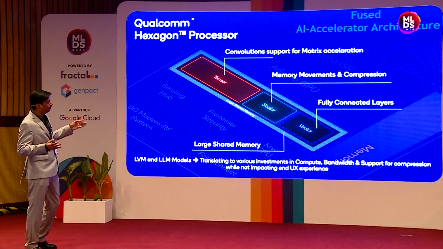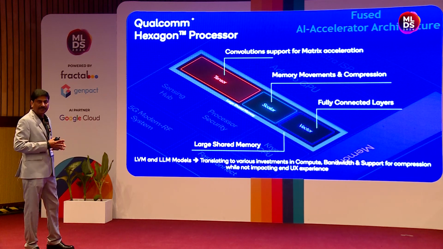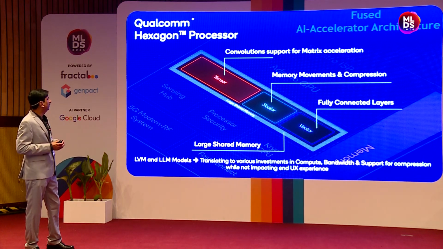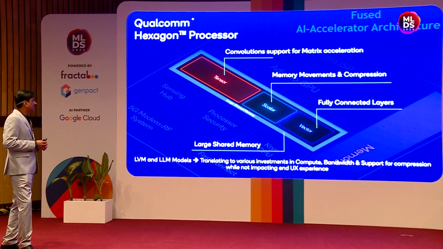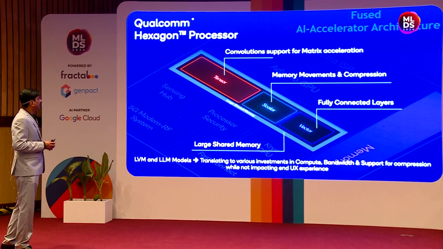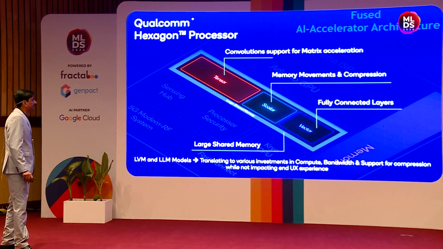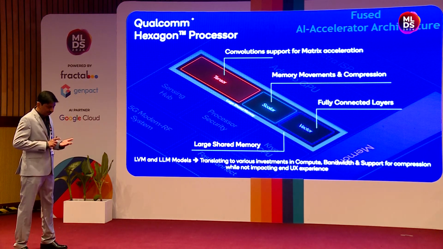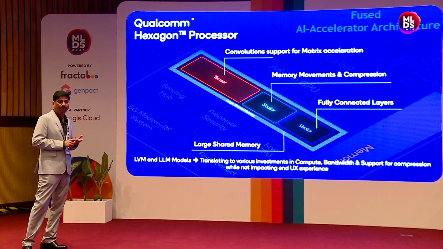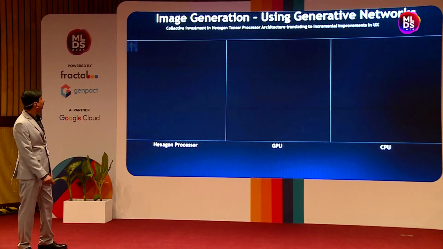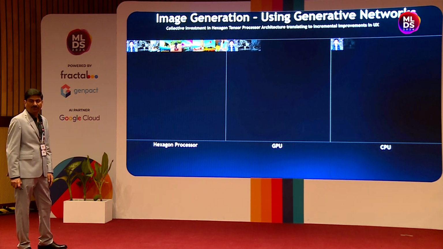These three IP blocks work seamlessly together, and they have a commonly available large shared memory, really fast memory. With this kind of setup, you have a little more flexibility compared to your GPU or CPU multi-threading, and you still get a lot of advantages in a power-efficient manner. These accelerators are really going to help there. To summarize, we will use hybrid AI, AI accelerators, and technology like quantization to shrink models and bring these GenAI use cases to the edge. This is one small example of how this specific AI processor can make a difference.